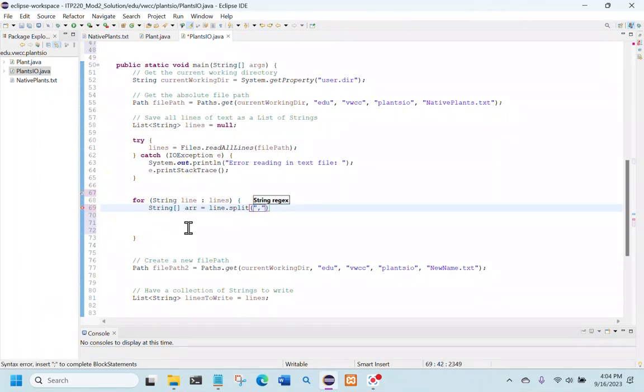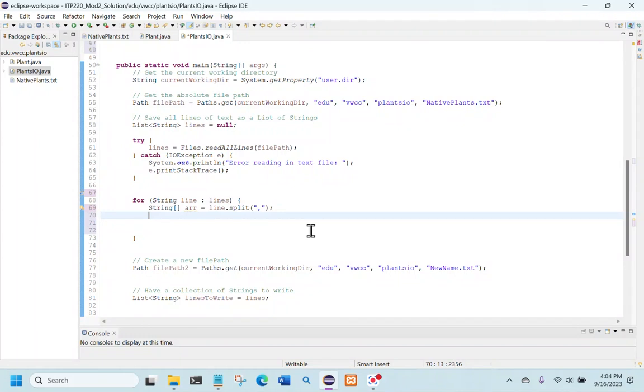So the split method returns an array separated based on this separator argument. We're going to use the comma. And then we have to go through this array and create a new plant. But I think we're going to want to create the variable names. Actually, why don't we